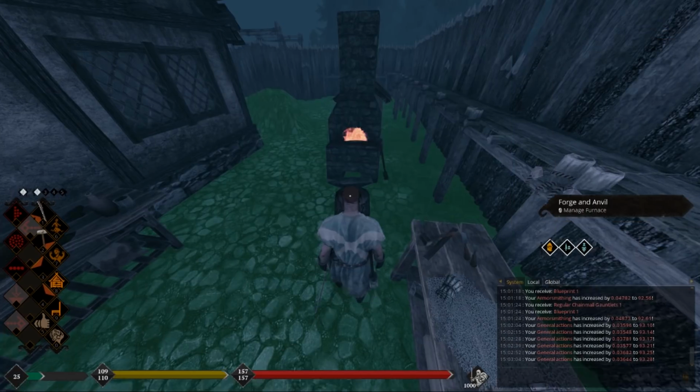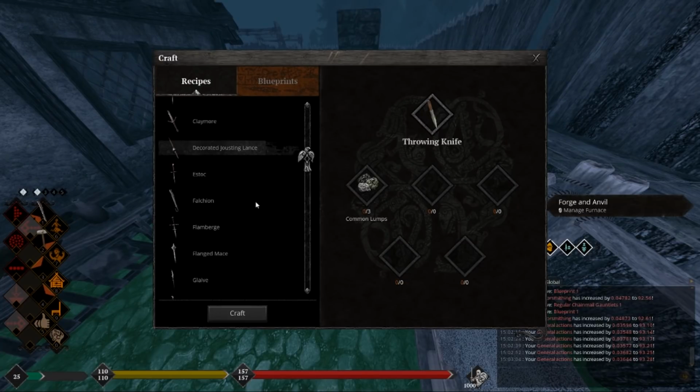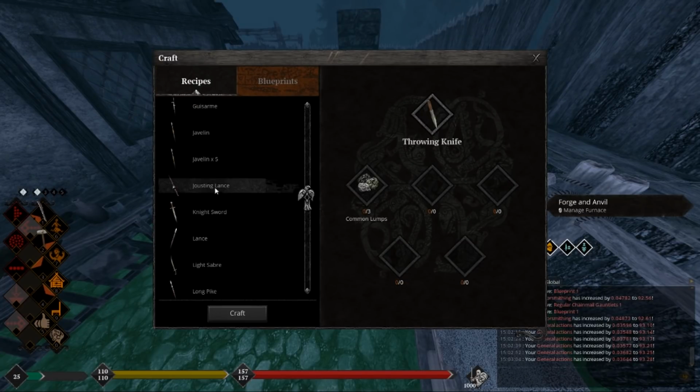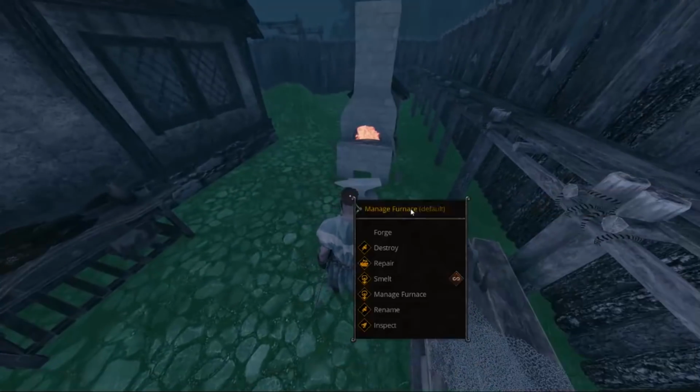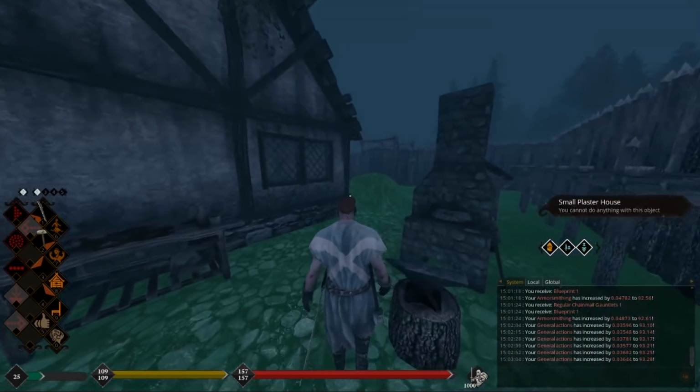Let me see if I can turn this on. Right click, forge, weapons, and we need to go to jousting lance. These are all sorted alphabetically. There's your jousting lance: 1 hardwood board and 2 common bars. And there you go. These are the practice weapons that you can use to scale up your combat skills to